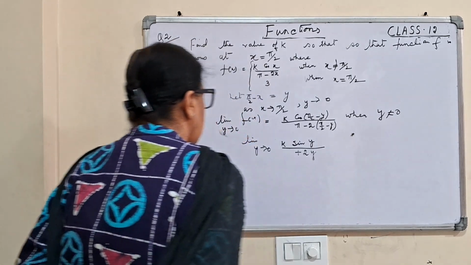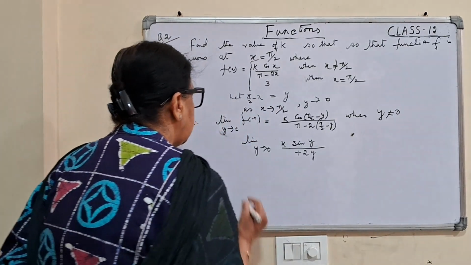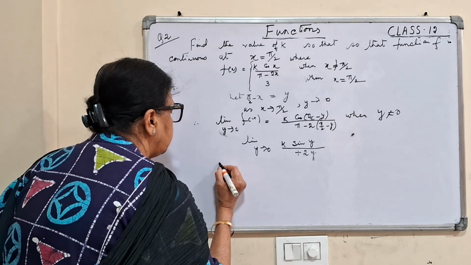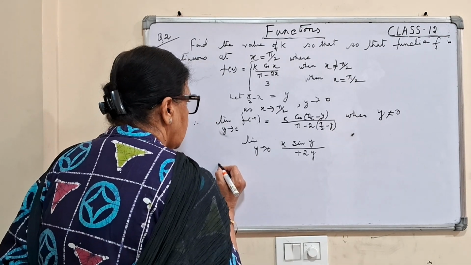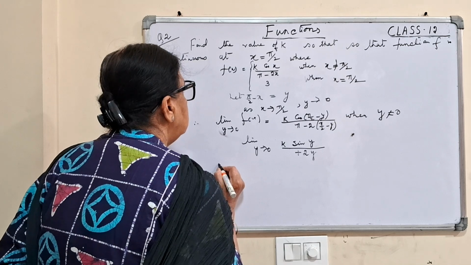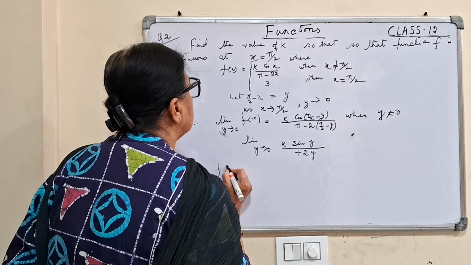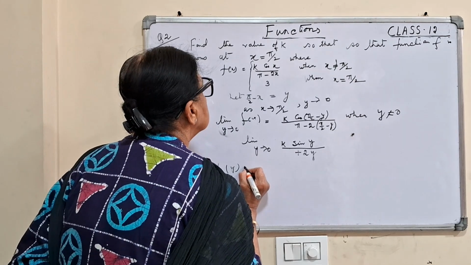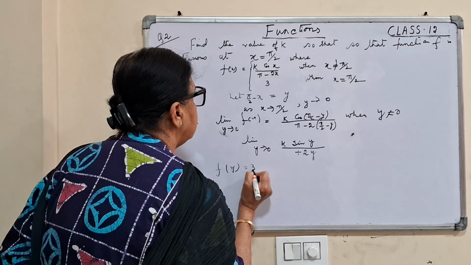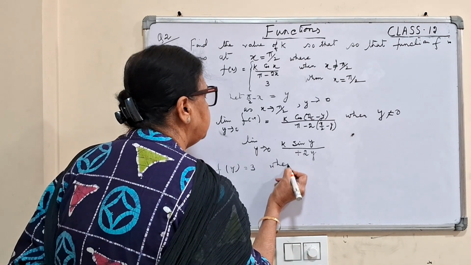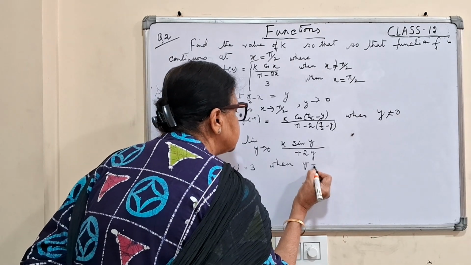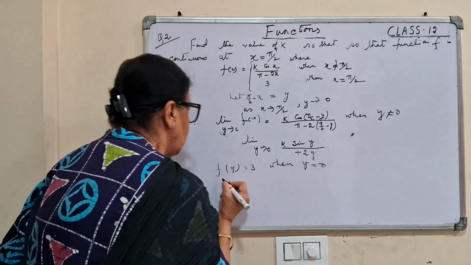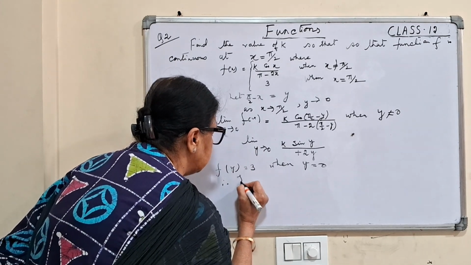Okay, and f of pi by 2, that is f(y), is equal to 3 when y is equal to 0. Here also it will remain like that. So therefore the function is continuous